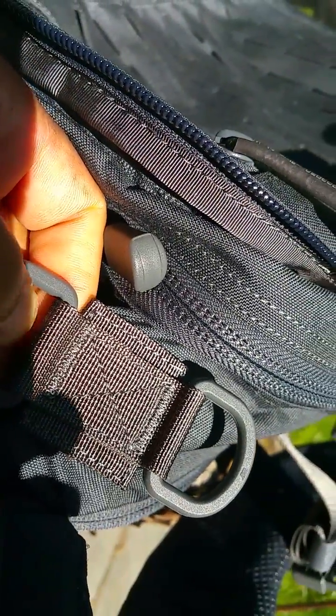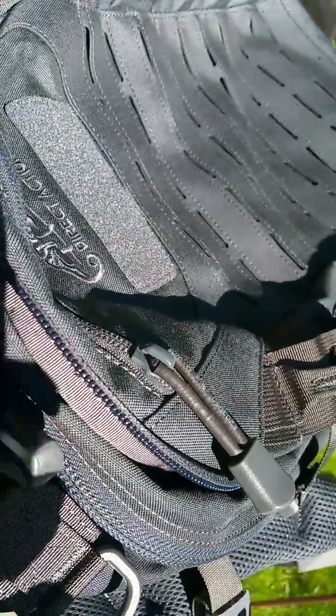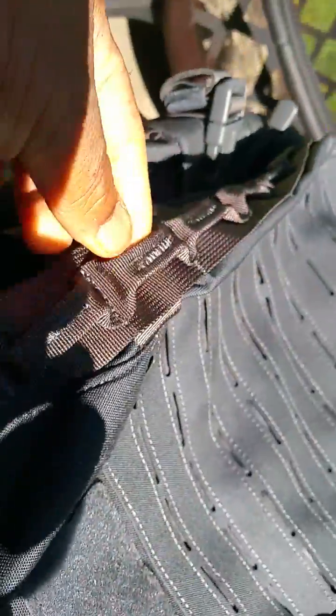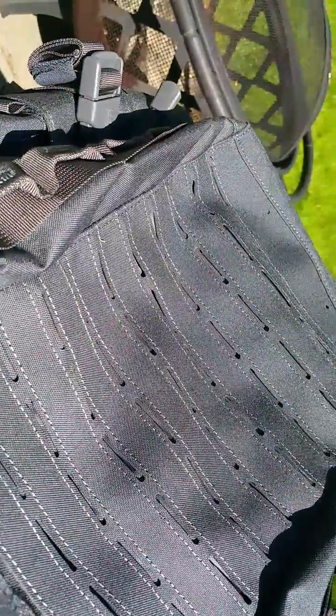Boxed and X'd on that stitching. It's very nice. You have chain loops along the outside here. You have a daisy chain here that you could, if you wanted to, feed cordage through, or shock cordage. And you could create like a little pocket here on the outside, which actually brings me to my first issue